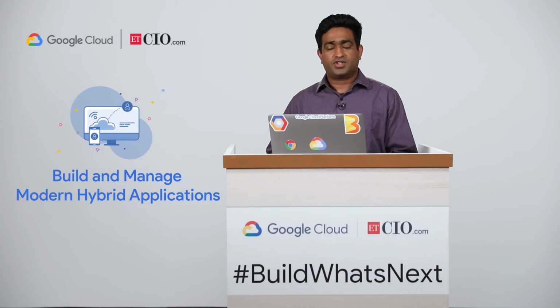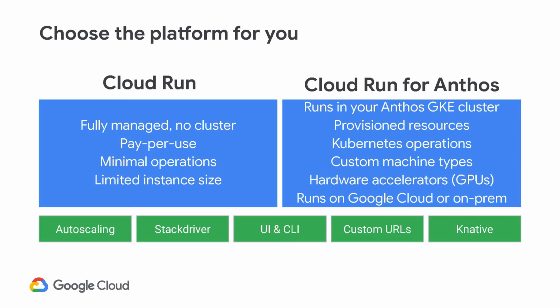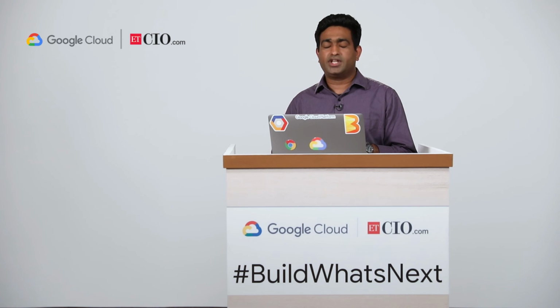So from a Cloud Run perspective, now you have two options. One is the fully managed option, where you do not take care of nodes or clusters, which we manage from Google Cloud for you. And all you take care of is writing your code, uploading it to Container Registry and deploying it, and we give you one URL. And the other option for you is Cloud Run for Anthos, where you are taking leverage of your existing Kubernetes cluster and you manage your cluster, but we deploy your application for you and